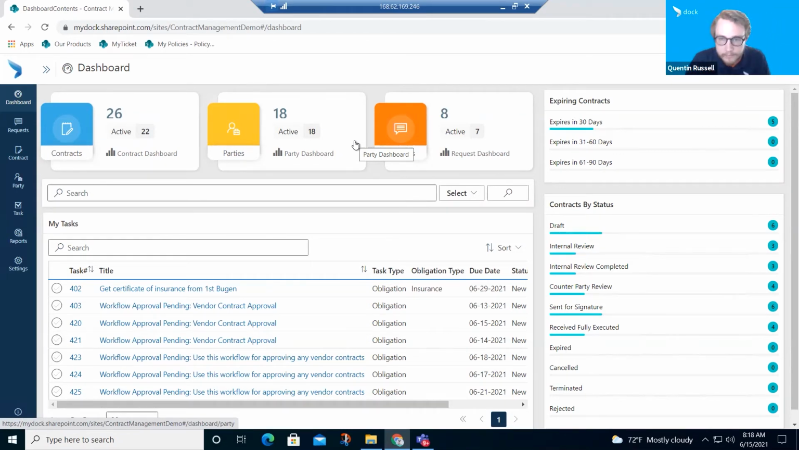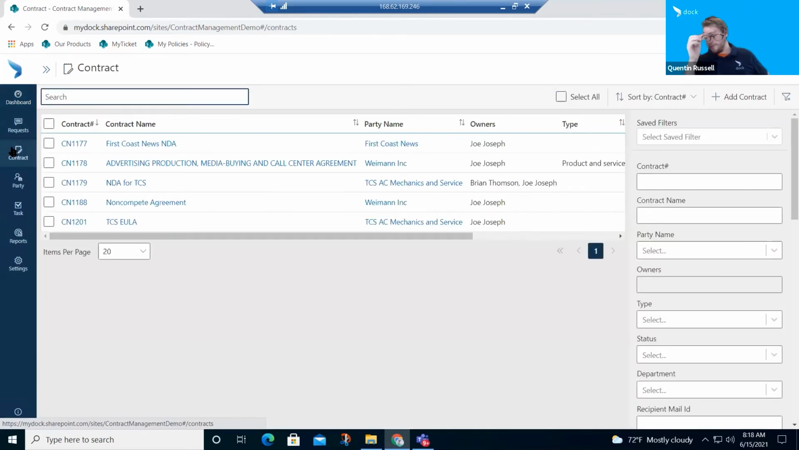So moving on to the second bit, which is having a searchable repository. So with our contract management system, we have built out a full central repository of the different contracts that the organization has built for them to have access to. So basically, this allows you to either search by name, so if you want to find any NDAs in your system,